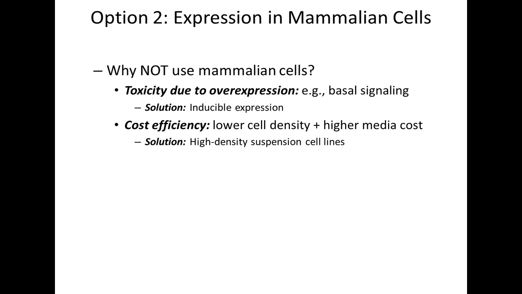Another problem with mammalian expression has been cost efficiency. Generally, the media is more expensive on a per volume basis, and the cell density of the cultures, even at saturation, is substantially lower than can be achieved with insect cells. However, we found that with some of the recently developed mammalian lines that are selected specifically for the ability to grow to very high densities, the increase in expression as a result can offset the